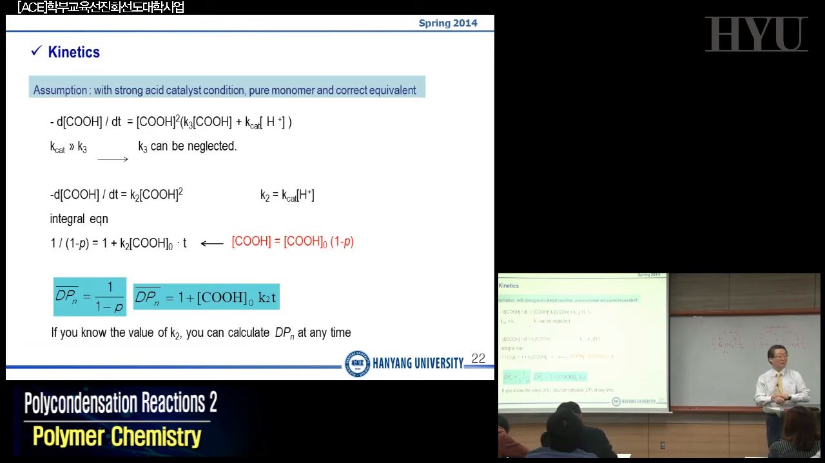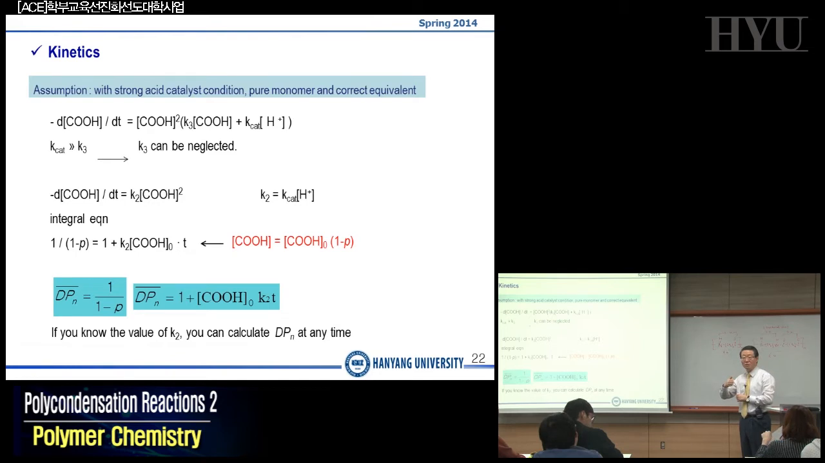Now, this equation is a rate equation, instead of a static thermodynamic aspect of equations. So if you know K2, you can calculate dPn at any time t. That means if you put in a known amount of your AA and BB type monomers, and after time t, after 10 minutes, after 30 minutes, after 2 hours, after 5 hours, you take some samples, or if you assume that you have equimolar concentration, by knowing K2,